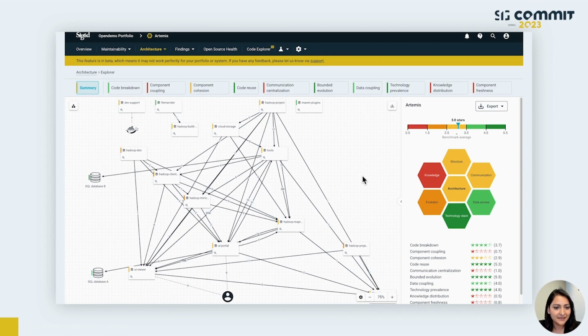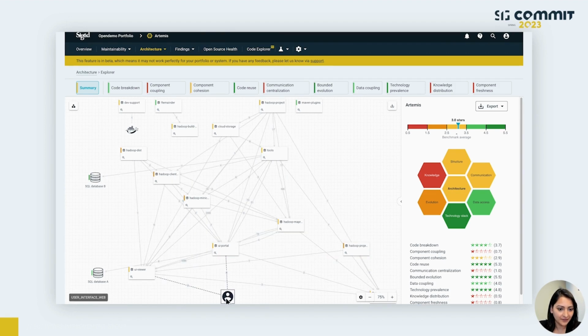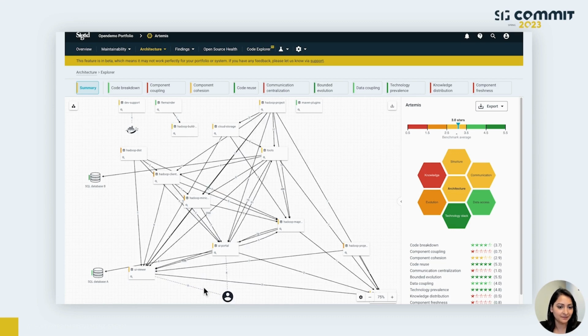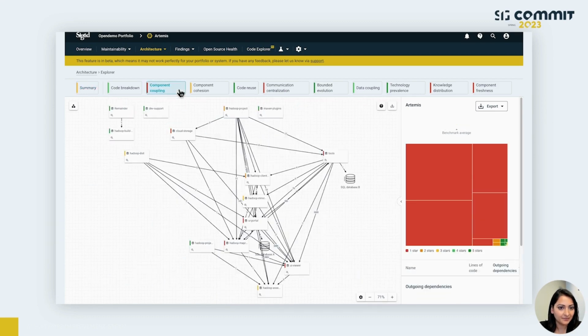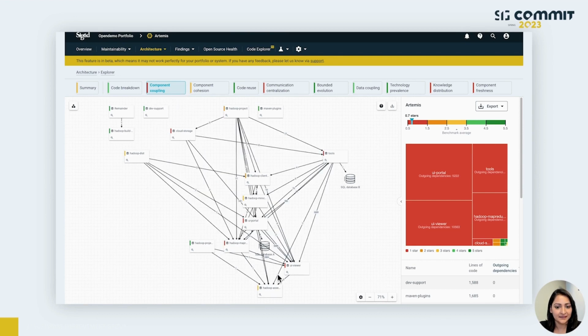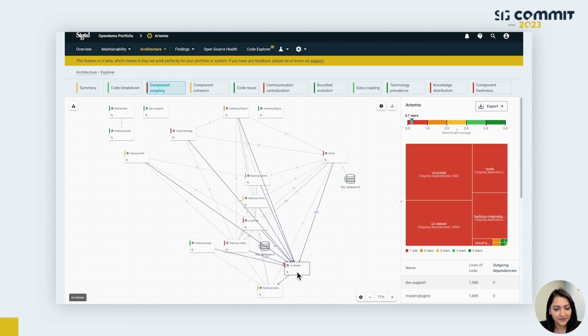And here, what we're seeing is that each of these boxes is a top-level component, and the lines across these boxes are the relationships between them. So if I hover over the user icon, I see that the system has 2 front-end components here called UI Viewer and UI Portal. So now I'd like to see, as a solutions architect, how easy it would be to refactor these components. And for that, one of the first things I would be looking at is the dependencies or the isolation of these components so I can make changes to them. So for that, I'll go to our Component Coupling tab,